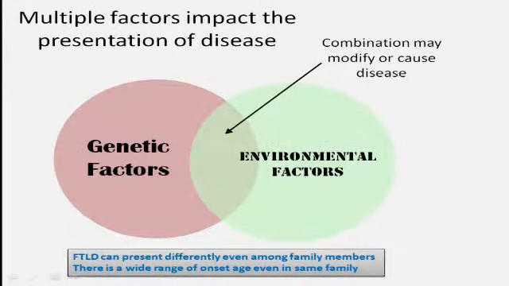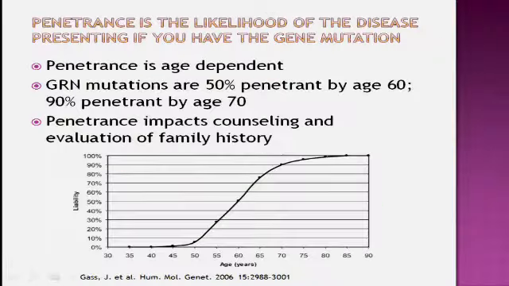First of all, there are environmental impacts on all disease. So there is not only genetic factors, not only mutation, but additional genetic factors that can influence how a person responds to a particular mutation. In FTLD, that's particularly obvious because there are variable presentations even in the same family. Why? What's different about the different individuals? Why are the symptoms different? And there's a wide range of age of onset, so clearly there are environmental and or genetic impacts.